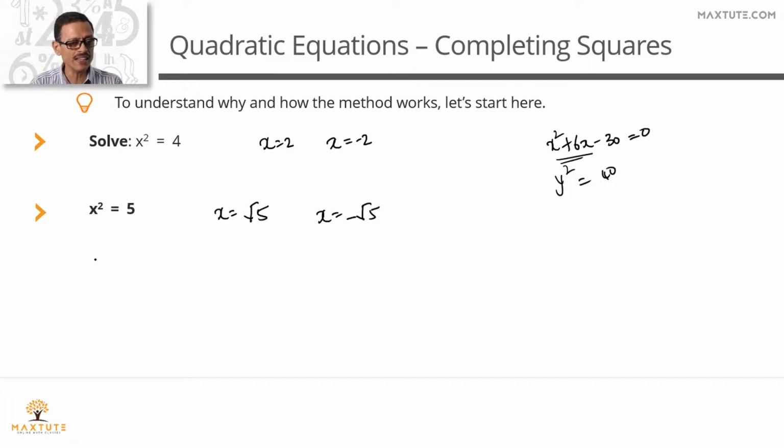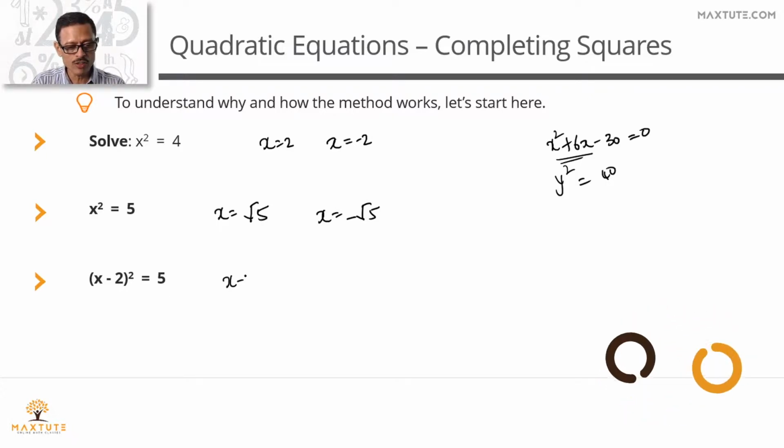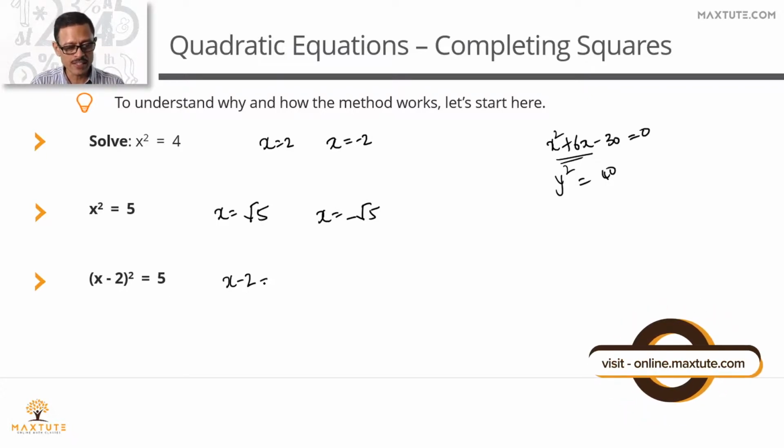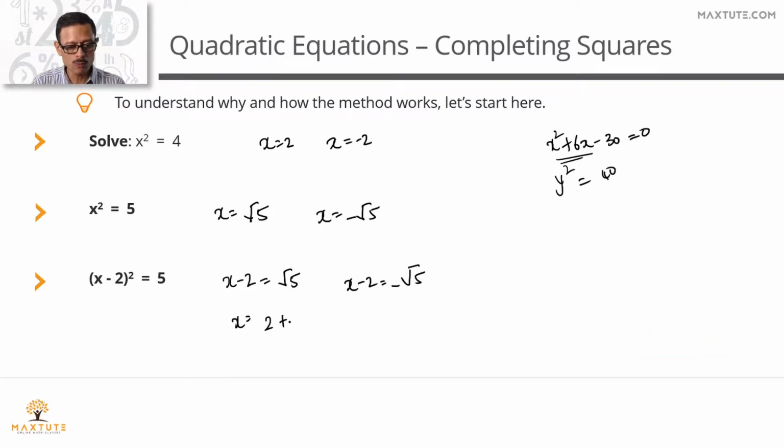What if we did not have square of x and had something like square of x minus 2? All that we're going to do is we're going to be taking square root. So we'll get the value for x minus 2 to start with. x minus 2 is going to be equal to under root 5 or x minus 2 is going to be minus under root 5. What is the value of x? Value of x is, take this minus 2 to the right hand side, will become 2 plus root 5 or the value of x is going to be equal to 2 minus root 5.